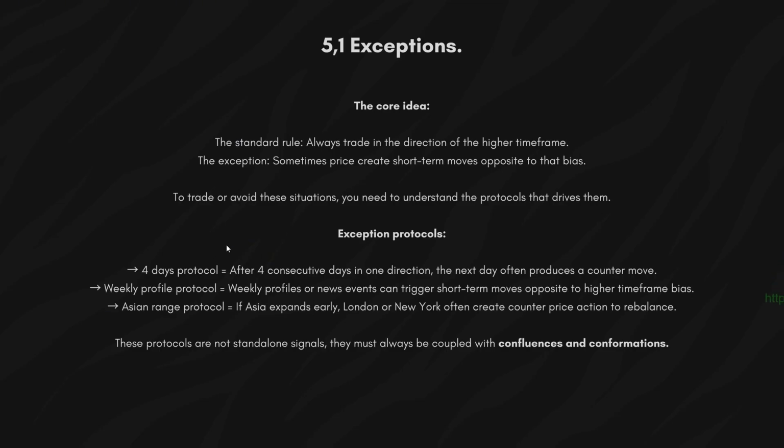An example of this would be, let's say the Asian session forms an expansion in the direction of the higher time frame drawn liquidity early during the day. Then during London open, London basically forms a retracement profile and retraces, and then during New York, after we've formed the OTE, New York expands higher in the direction of the higher time frame drawn liquidity. So in this exception protocol, in this sort of context, you would have avoided the London session because,